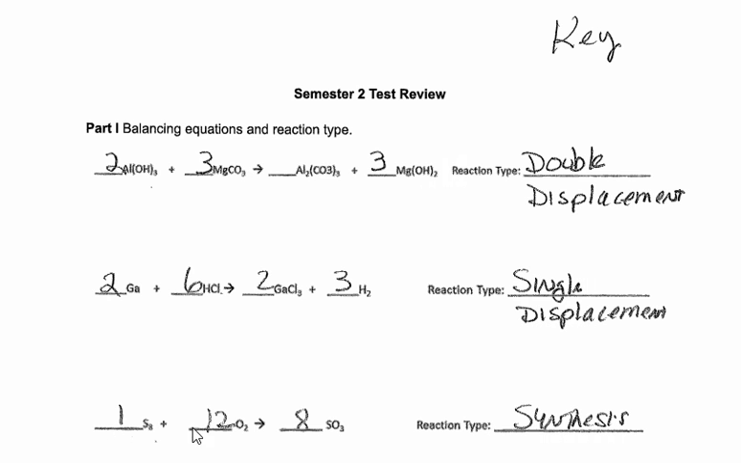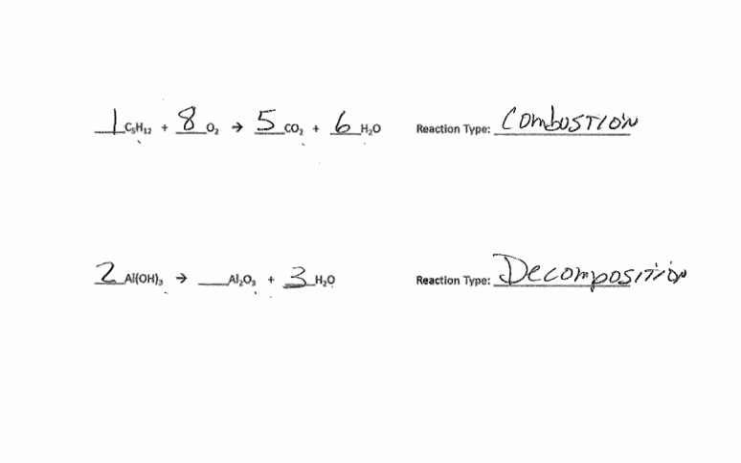Next one, we have two things coming together to produce one thing. Whenever two things come together to make something, that is a synthesis reaction. A specific pattern, when you have a carbon compound plus oxygen making carbon dioxide and water, that is a combustion